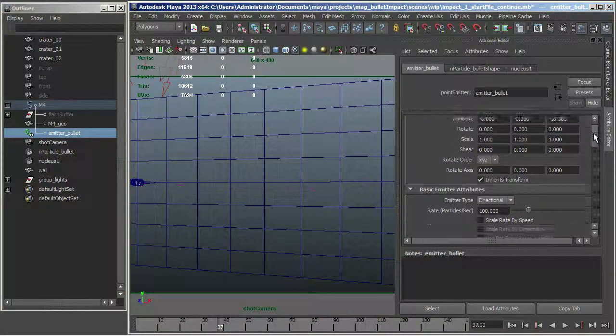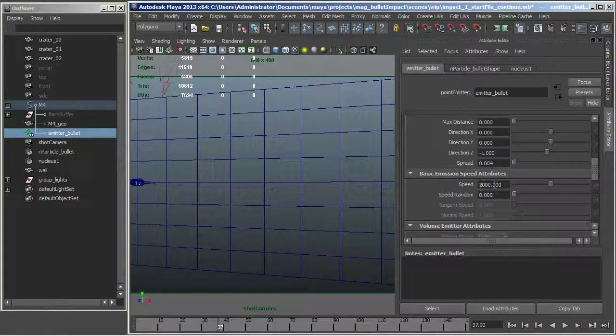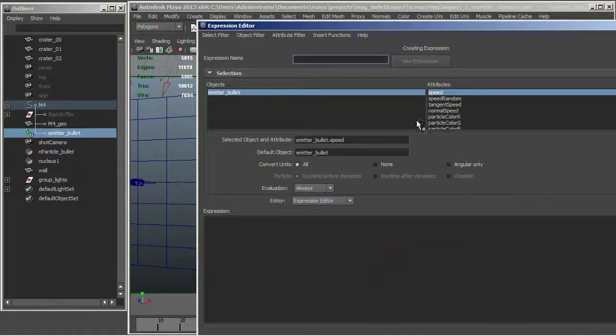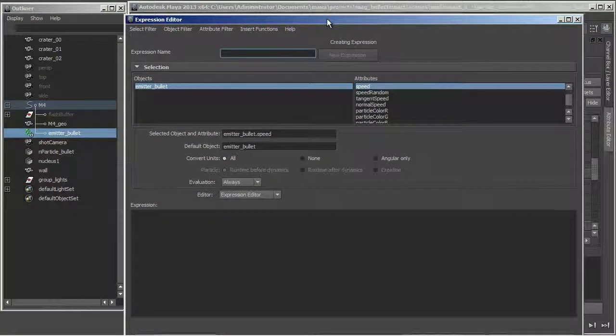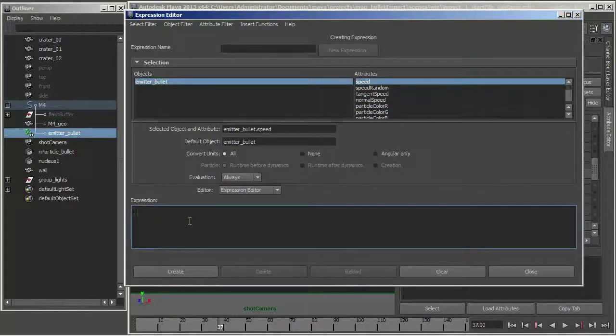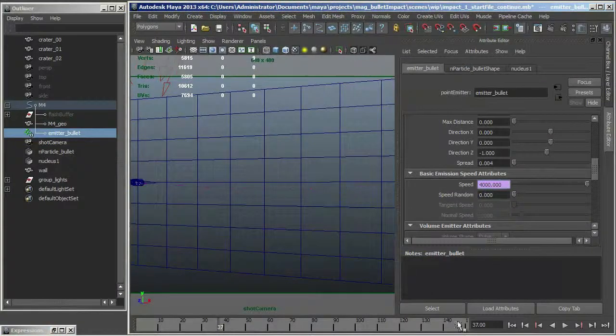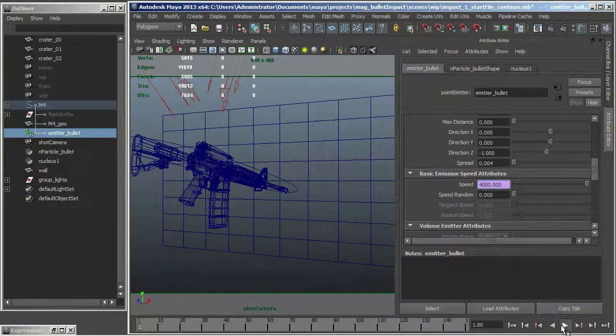Where is my emitter? Alright, so say speed, create new expression. So there we are, there's my expression editor. Or I could have just opened the expression editor. Pop that in there, click create. So now, if we play,